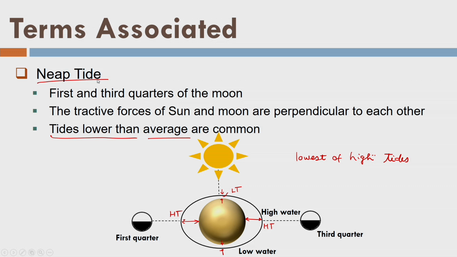Fine. So now we have understood why tides are coming, why the water level is rising, why there is a variation in the tide level, when we have maximum tide, when we have minimum tide, or the lowest tide or highest tide.